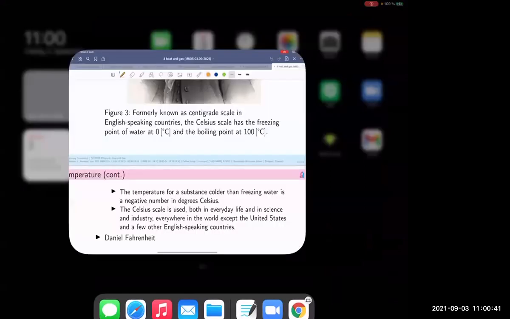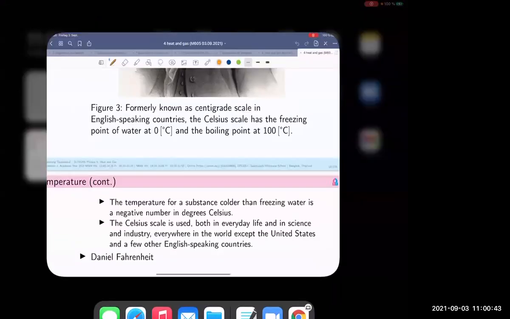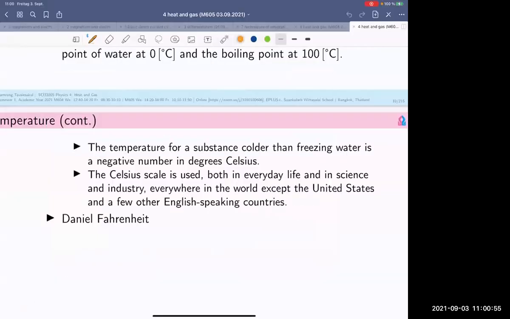If you plan to work in the laboratory every day, okay, you may have to use the Celsius degree, and if you plan to work as engineer, all right, yeah, you may also have to face with the